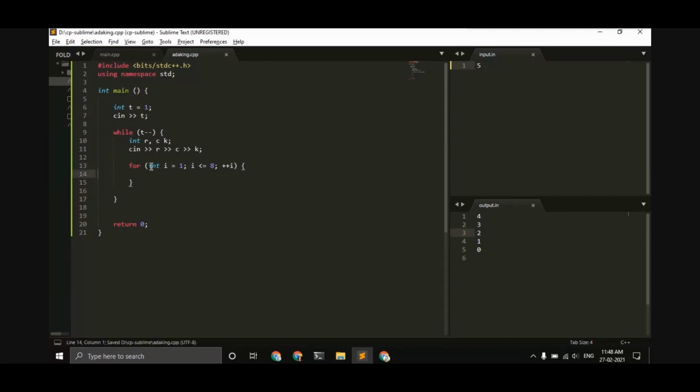This loop was for the rows, and now we have a similar loop for the columns. So this is basically a 2D loop. There are 8 rows, and inside each row we are going through 8 columns. Let's have this as j.